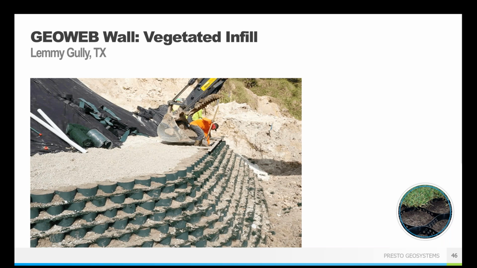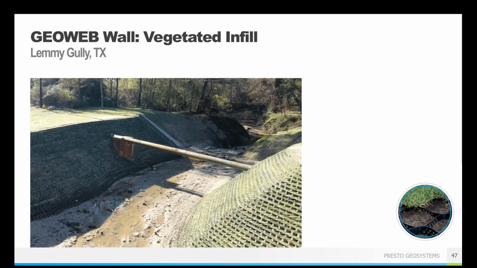All right, and then you can see the walls were built up on both sides of this gully around that existing pipe foundations. It's great to see how flexible it can be as it goes for that easy contoured look throughout the gully. It really works with what's there. And then the GeoWeb panel can withstand the anticipated water flow with no concerns about erosion or undermining.